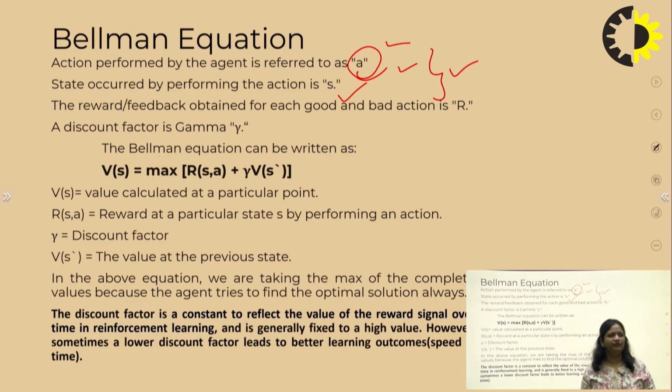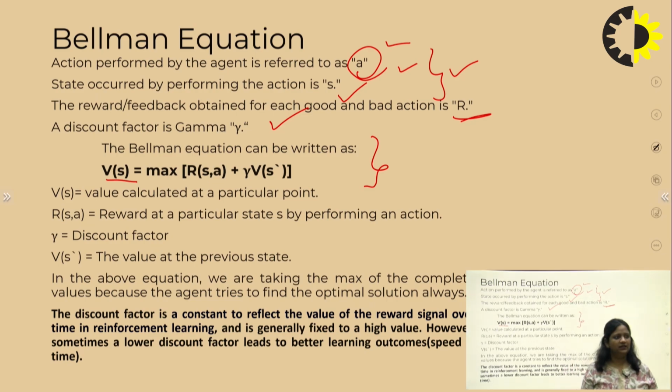The reward or feedback obtained for any good or bad action we represent by the symbol R. R stands for the reward. For each positive action, it will get a positive reward. For each negative action, it will get a negative reward. The discount factor is denoted by gamma. Gamma is a constant value which we add to the state changes to find the optimal solution. So the Bellman equation can be written as